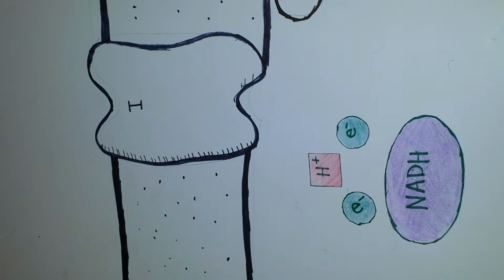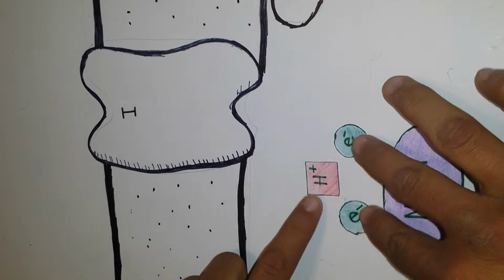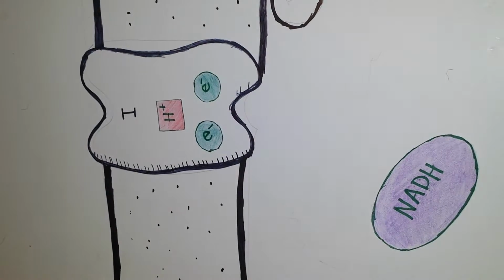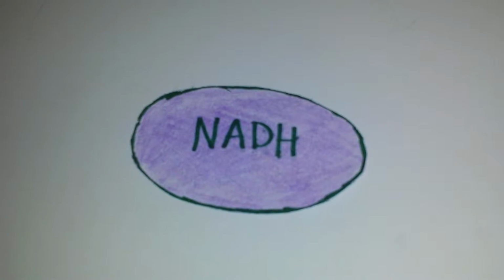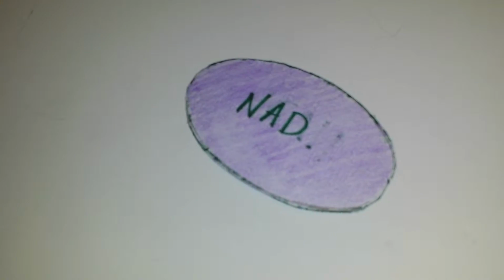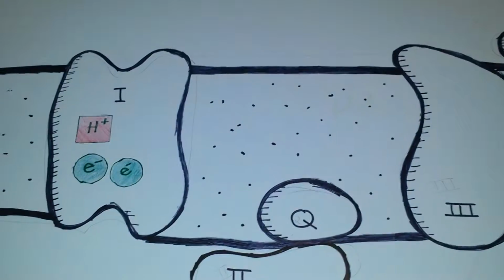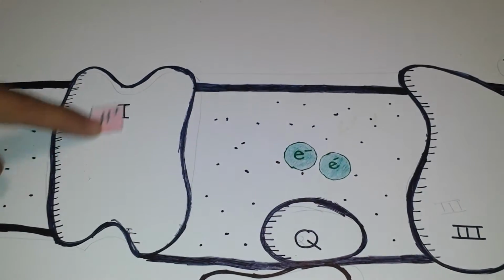Electrons enter the electron transport chain when NADH transfers its protons and electrons to a membrane-embedded carrier protein. The loss of electrons is a form of oxidation, thus oxidizing NADH to NAD. The electrons are sequentially carried along the electron transport chain while the protons are shuttled to the outside of the